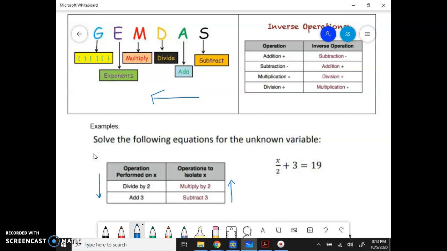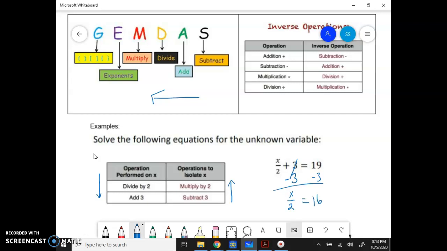The first thing I want to do is subtract 3. If I do it to one side of the equal sign, I have to do it to the other side. So I have to subtract 3 on this side as well. I'm left with 3 minus 3, which is gone. So on the left side, I just have x over 2 is equal to 19 minus 3,